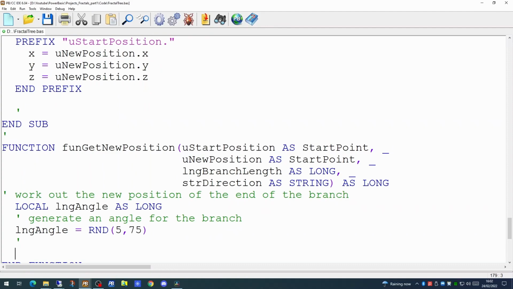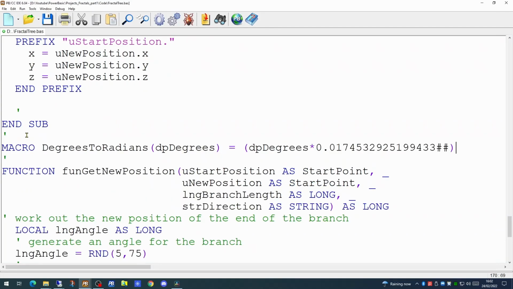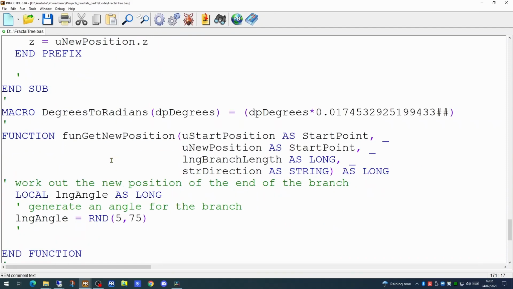However, these two commands take radians rather than degrees as their parameter. So we need to convert the degrees to radians. An easy way to do that is to use a macro. So we'll create a macro called degrees to radians. It takes a single parameter, which is our degrees, and it will multiply that by a constant to give us our radians. Macros are very useful for this kind of purpose.